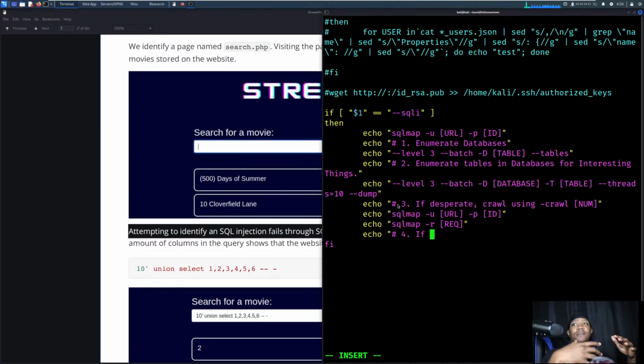Because the way that I've always done it is I'll test manual payloads first. And then if the manual payloads don't work, I'll go back and try SQL Map, just to clean up everything that I missed. But according to this write-up, it's saying that you should test SQL Map first and then go back and